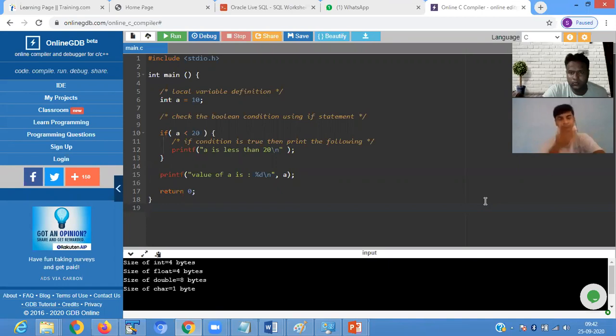Then if a is less than 20, since 10 is less than 20, it prints that a is a less value. If the condition is false, it does not execute anything, so it only shows the value after the if block.